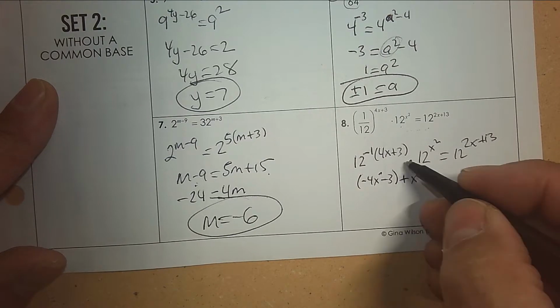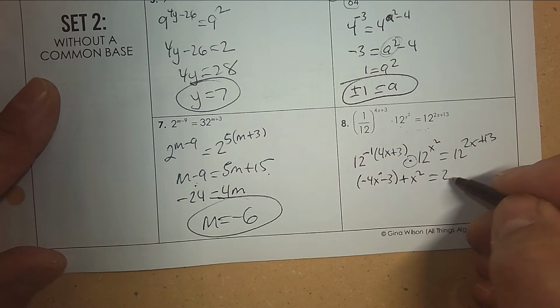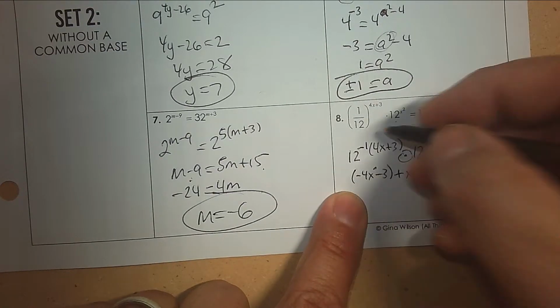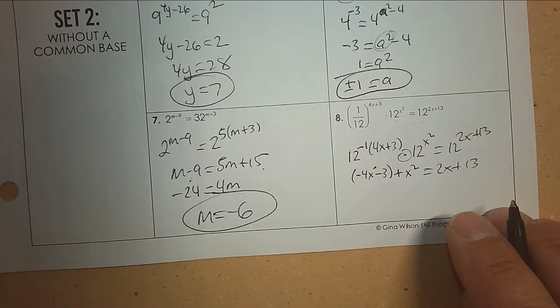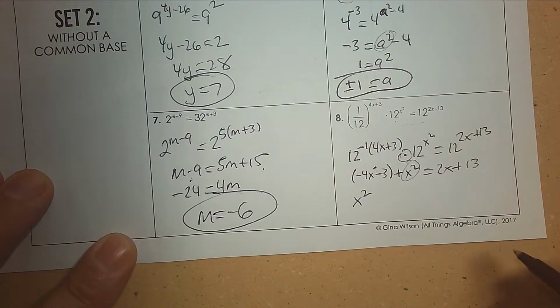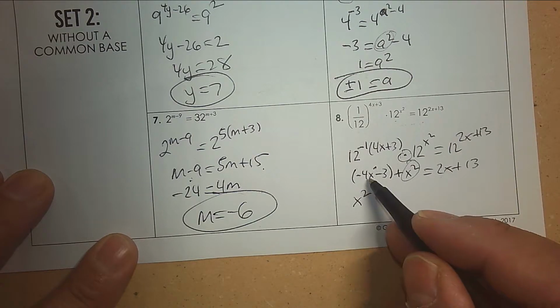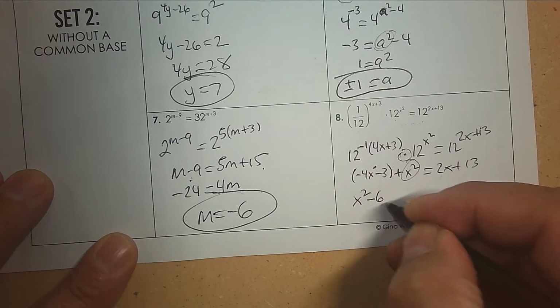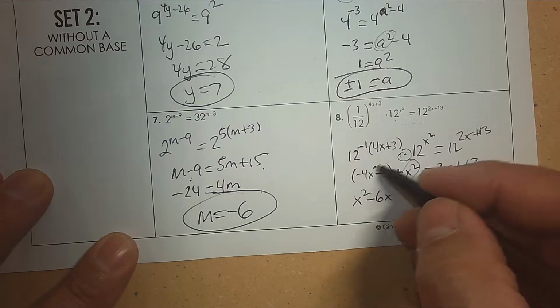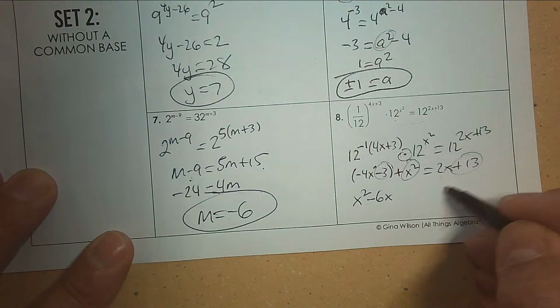Remember, if you're multiplying, you add the exponents. And that negative 1 is multiplying. So the old exponent and the new exponent, they multiply together. So if I combine like terms, I have x squared. What happens when I subtract 2x and negative 4? What does it become? Negative 6. How about negative 3 and 13? So subtract 13 and it's negative